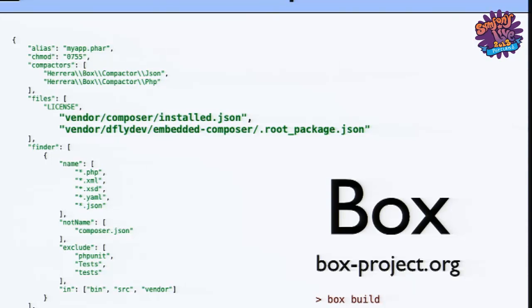With this file, run box build, and anywhere from a couple seconds to a minute later, you can run my app FAR, get the version, you're good to go. Everything is in there. At this point, my app is completely capable of running in an embedded environment. Application version,